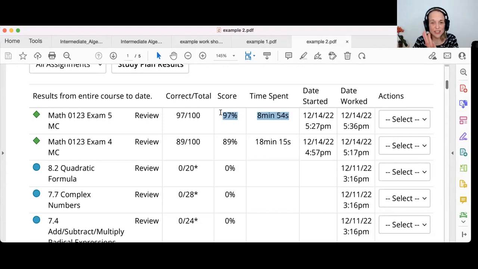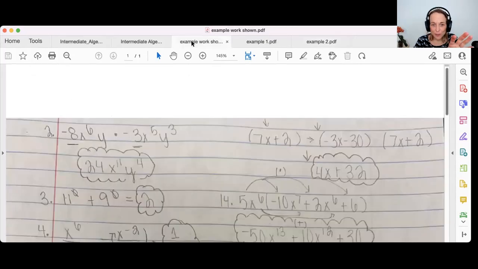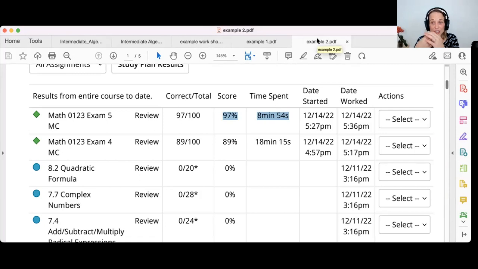So I just want to make very clear that I can see the time spent. It is very important that you are able to show your work on the exams. This is a serious math class, okay? If you start from the beginning, if you reach out for help, if you get a tutor, you can do it. If you panic, because there are obviously there is a way to take the exam in 8 minutes and